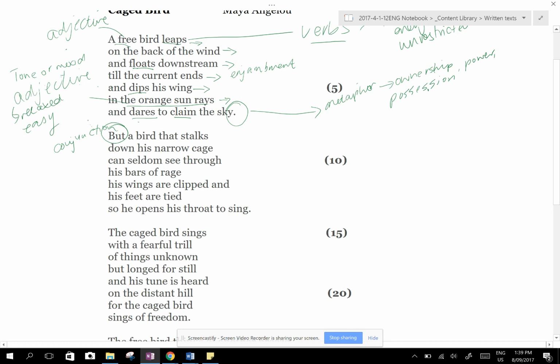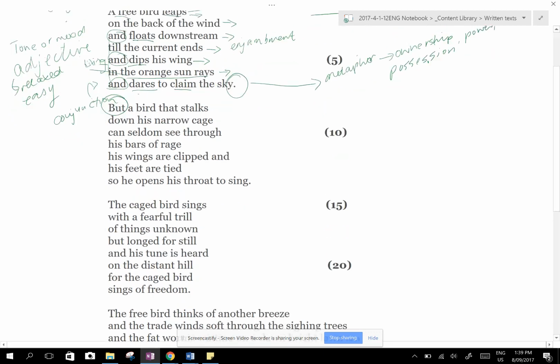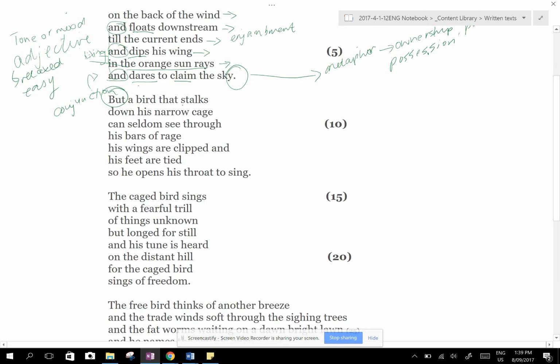Going back to conjunction, which is like a joining word, we've got them with "and." But here it helps to create a sense of listing. So all these beautiful free things this bird can do, it does this and this and this, just to make things complicated. So, but a bird that stalks, so we're coming back to our verbs here, stalks being a verb,